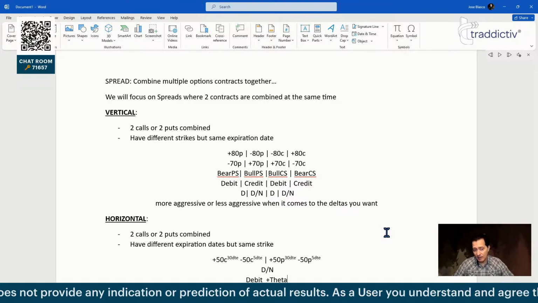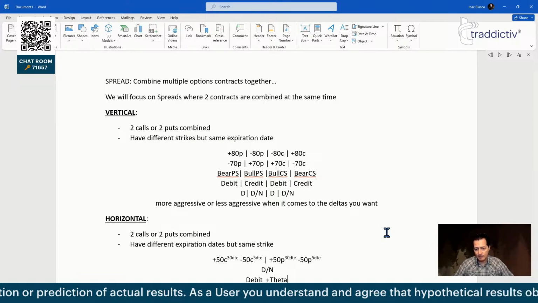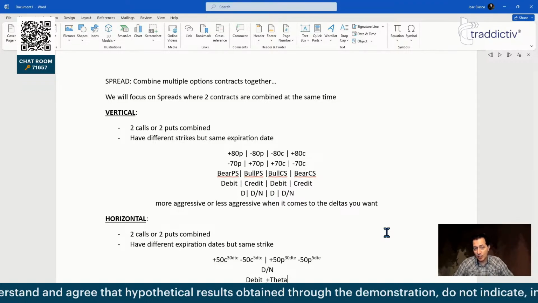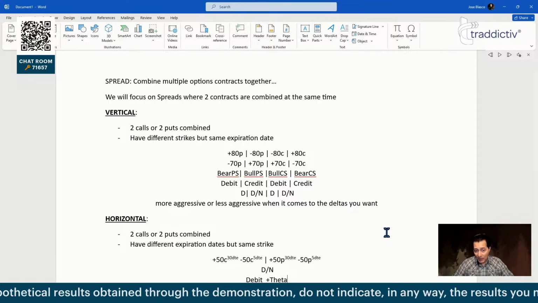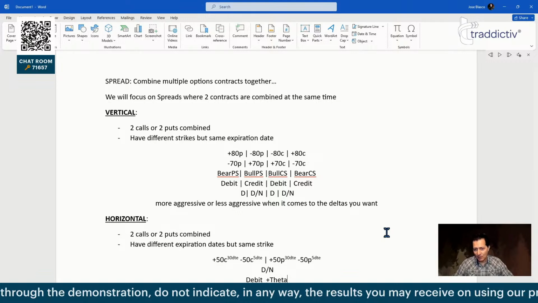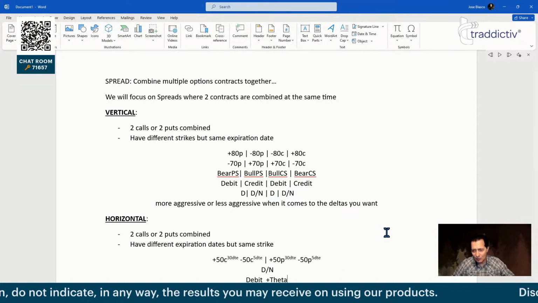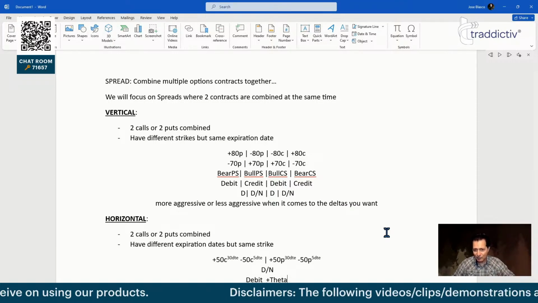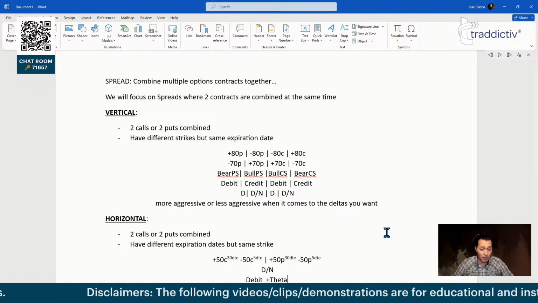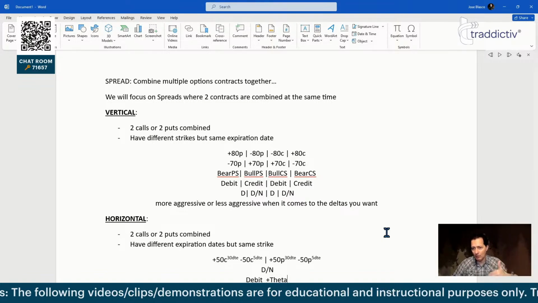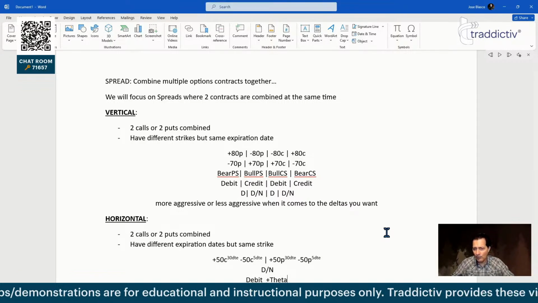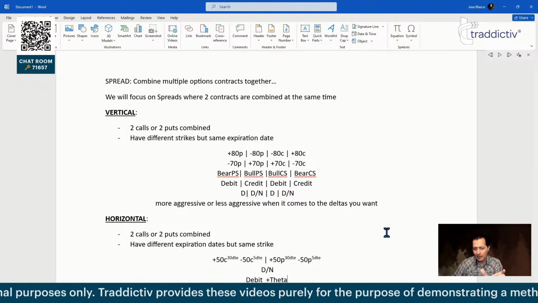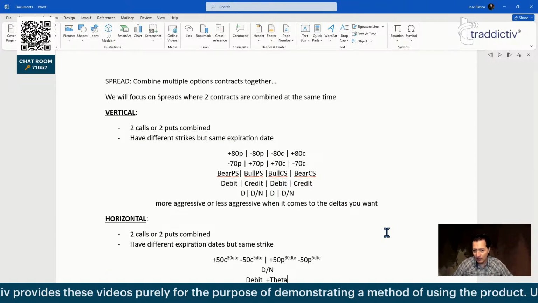And also the benefit of the horizontals versus the verticals, which is a direct consequence of what I just explained, because it's common sense, is the fact that the cost of horizontals is going to be very little. Why? Because you buy and sell the same strike. So if I buy the 50 and I sell the 50, the cost of the trade cannot be too much. Even if I use different expiration dates, in the end, it's the same strike. So the amount of intrinsic value or the lack of intrinsic value, depending if you use in the money or out of the money strikes, will make the trade that you pay X amount and you sell it for X amount, where both amounts are similar. So the net cost of the trade is almost always going to be very little.